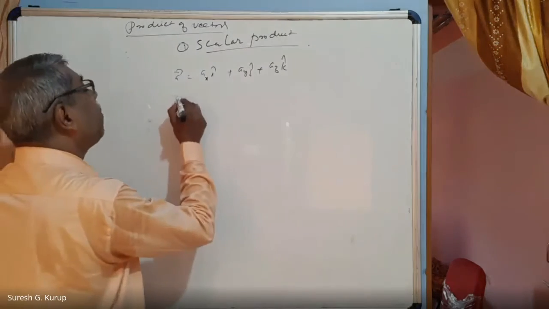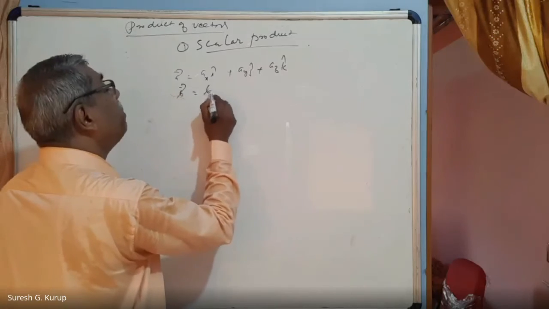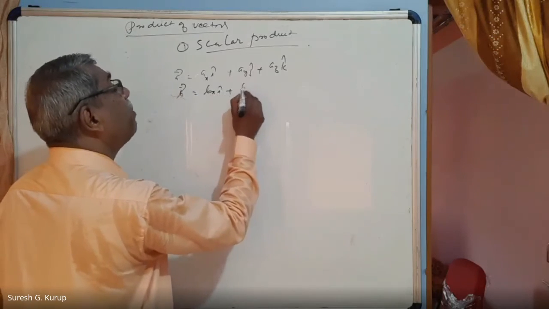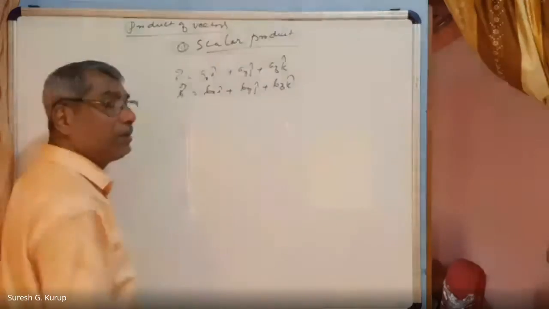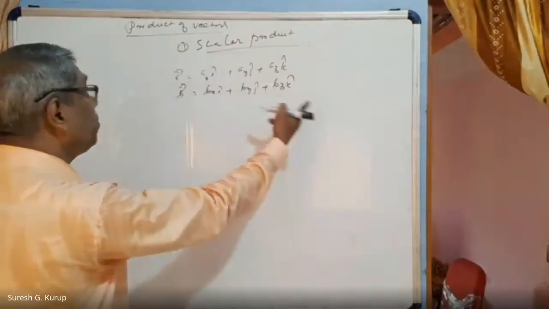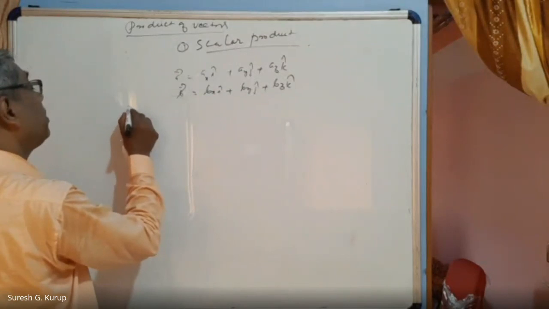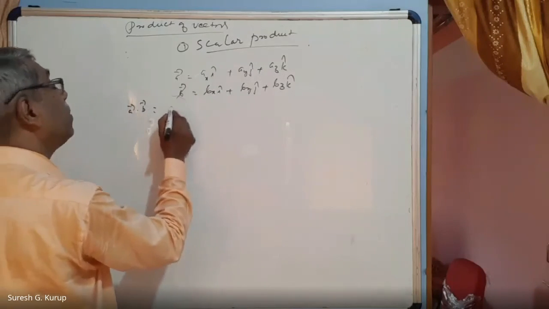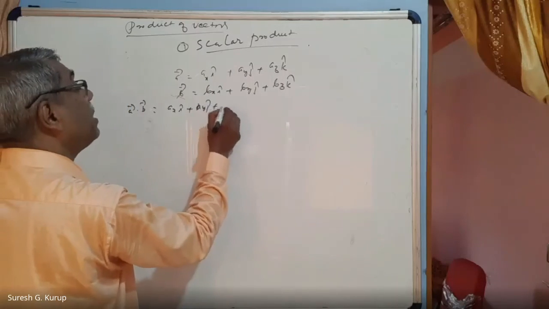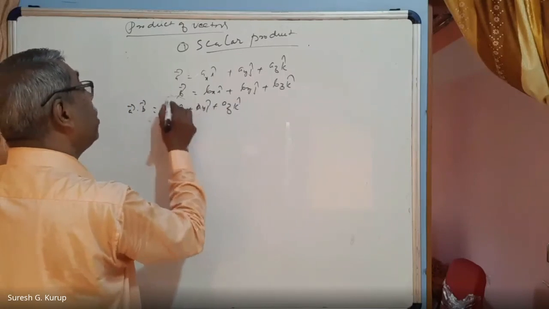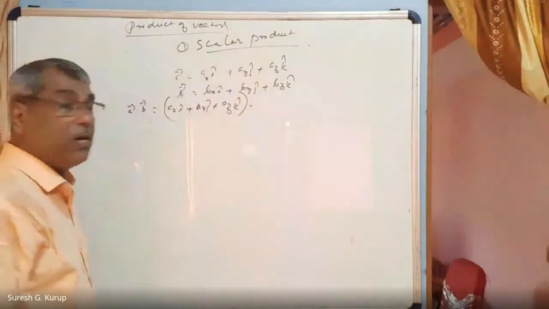In the same way, vector B is equal to Bx i plus By j plus Bz k also we can write. Suppose that we wish to calculate vector A dot vector B. That is equal to (Ax i plus Ay j plus Az k) dot